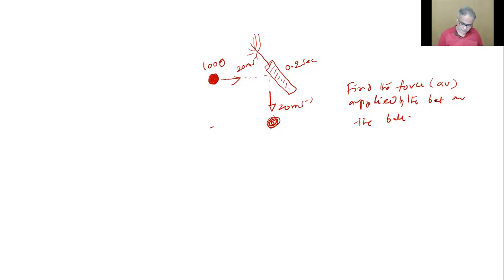Children. Yes, sir. The ball is in touch with the bat, so this bat is developing a force. Of course, to develop that force, the person applies force at the bat. That's a different thing. Now, F average is, just now we wrote, P2 minus P1, final momentum minus initial momentum, by time. So what is the initial momentum, children? It is in this direction, right? P1 is how much? 100 by 1000 in kilograms into V, 20. How much is this?